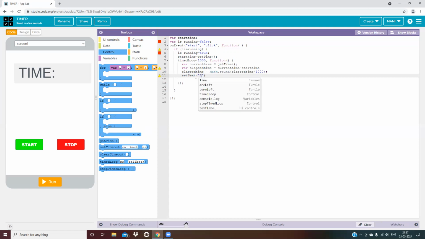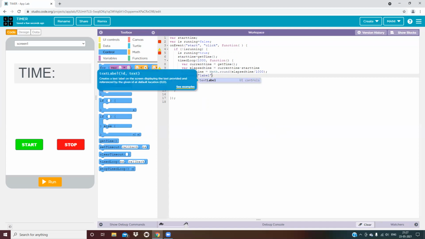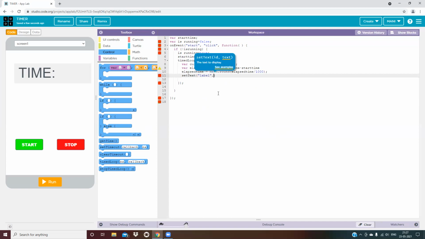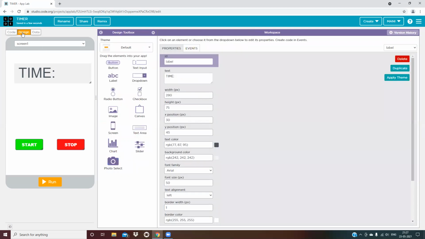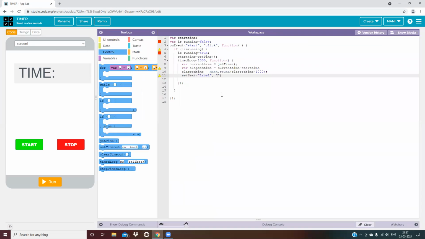After writing label, I will come out from the comma and give a comma and again a bracket, and write here the text, because over here also I have written it.